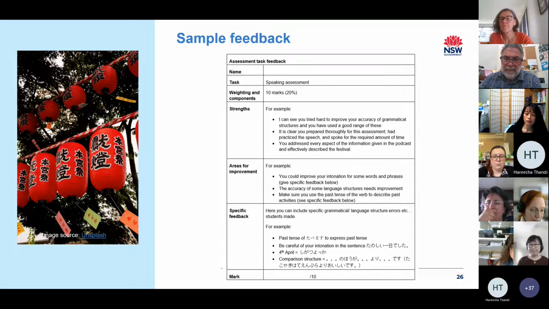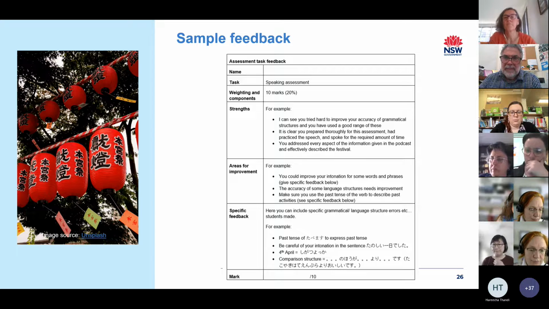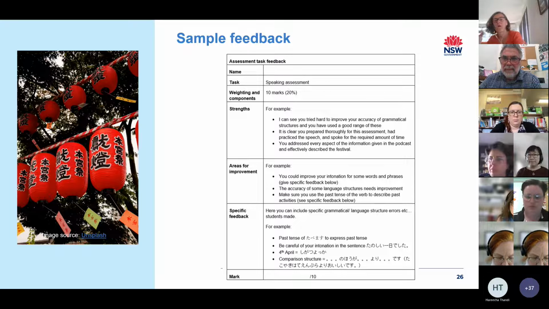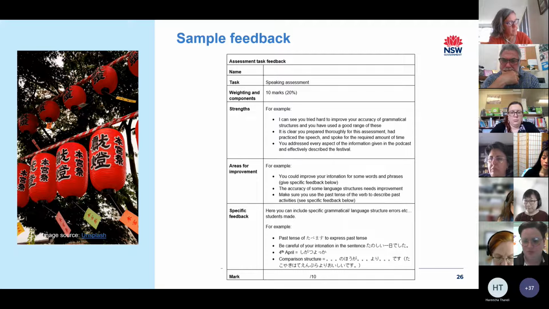There's a couple in the chat too, Victoria. Sure, Karina. Could you tell us what they are? Bai said, just an idea, if it's recorded, it might be useful to write down the times where the students have made a mistake. Then the first part of the feedback could be a list of the times where they need to try and work out their own errors first. And Maria, individual Google Doc to students with corrections, very similar to your feedback template. Also, the approach used in preparation is feed up. Feedback when the assessment task is completed and marked, feed forward, how to improve going forward in their next speaking